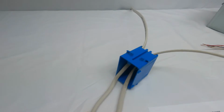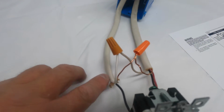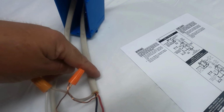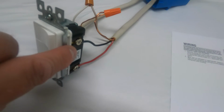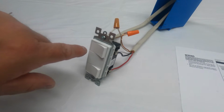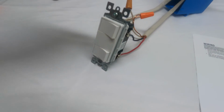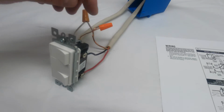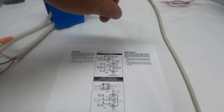So I'm just going to go over that once more real quick here. Hot feed coming in. The black is feeding the hot side of the switch. I have the line going to your heat lamp and your light. That black wire gets wired to the top switch, and the red wire would get tied into the bottom switch, and your ground's your ground. So we have this all done, and we're going to go up in the attic typically,